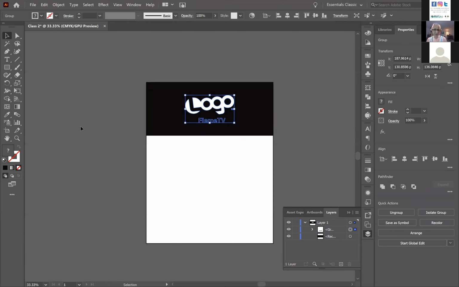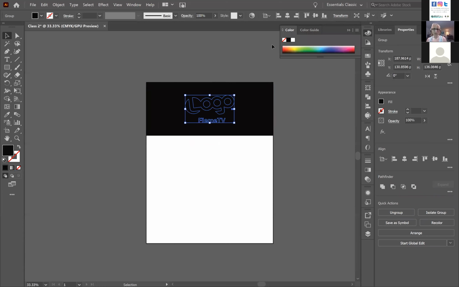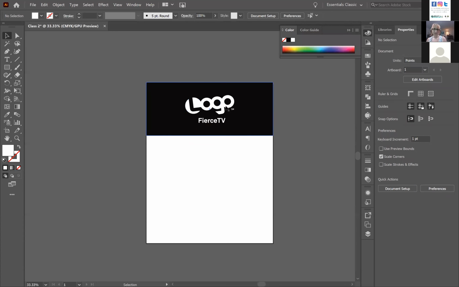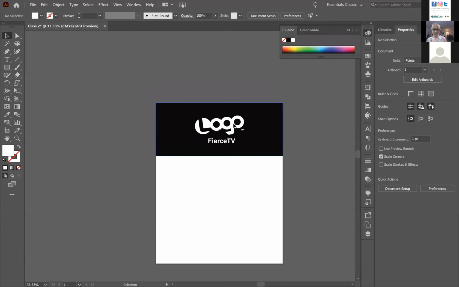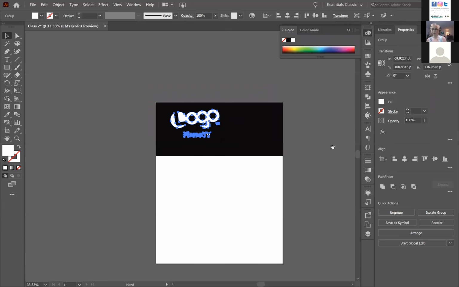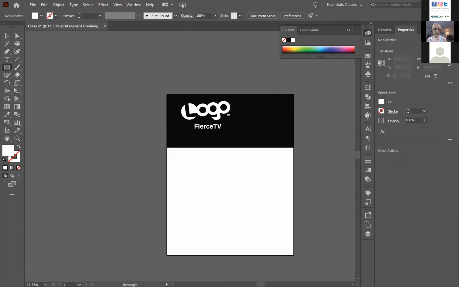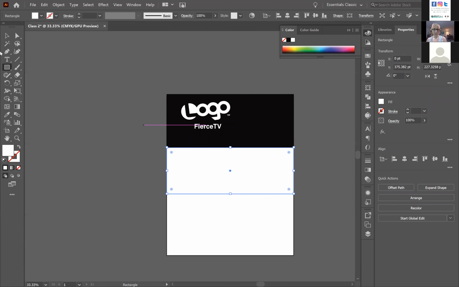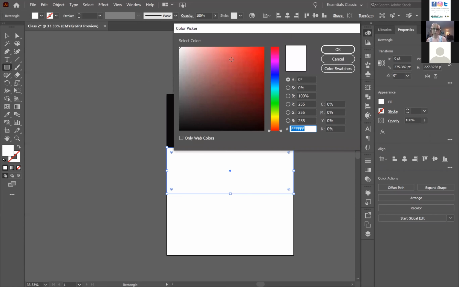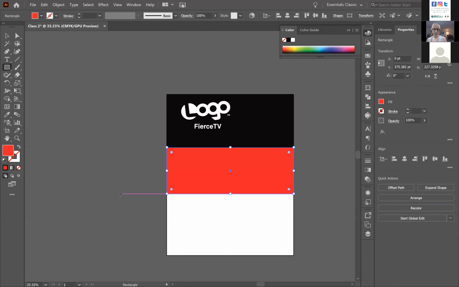And I'm just gonna make everything here white just so we can see it. There you go. So that way you can change just part of the logo. And I'm going to actually make 2 more. I'll make this red, I think. And then,